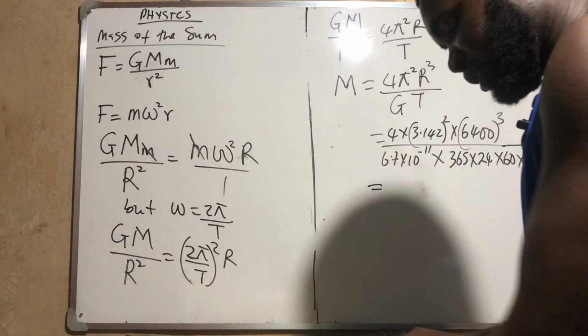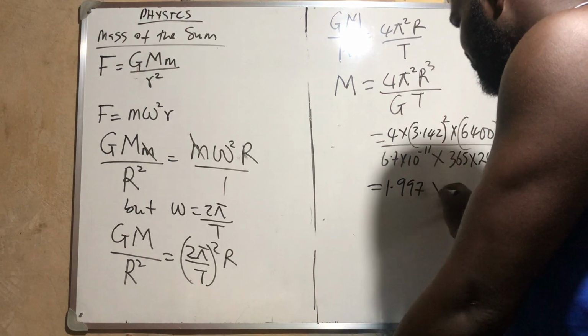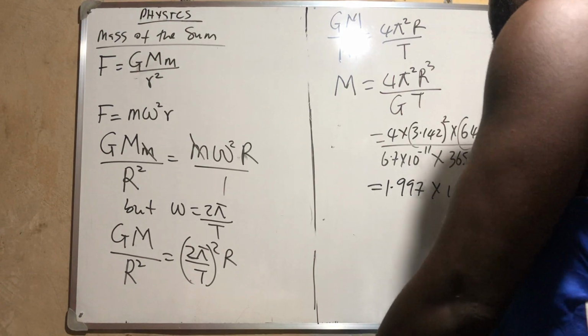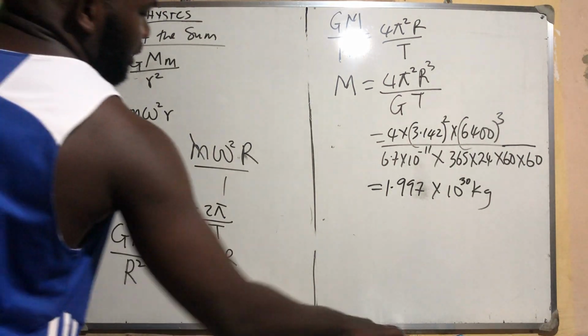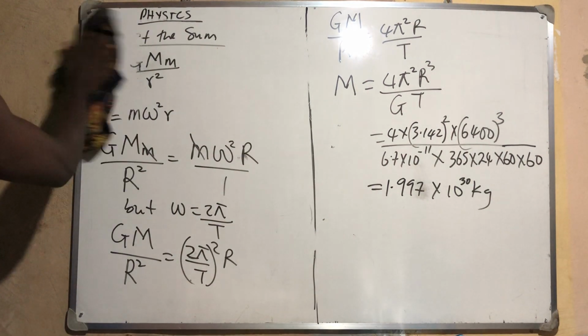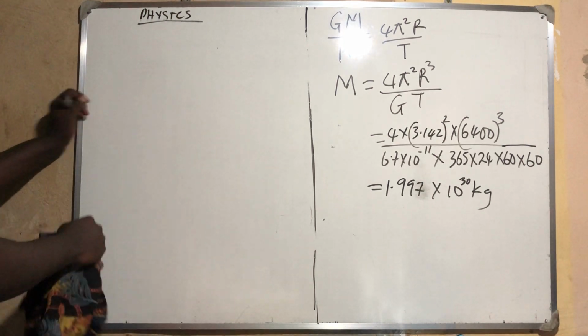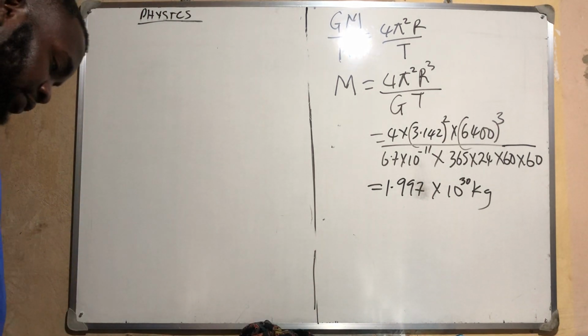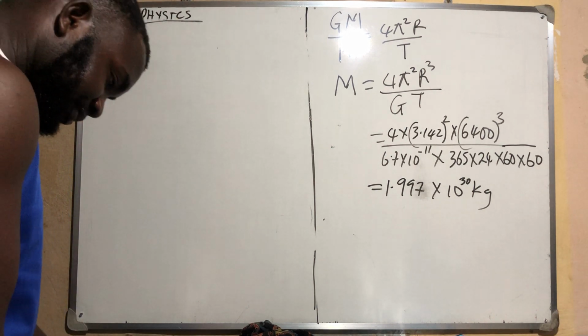So if you do everything with your calculator, you'll be having 1.997 times 10 raised to power 30 kg. So the mass of the earth is less than the mass of the sun. The mass of the sun is heavier than the mass of the earth from the observation there. Okay, so the next thing we look at is